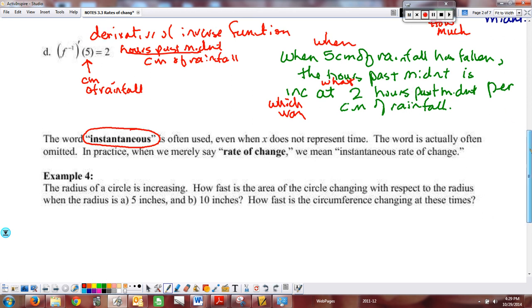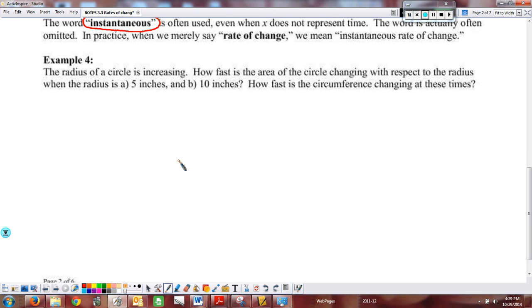All right, we're going to finish this section with one example just to show you a different word where it's not always with respect to time. So we have a circle, and the radius of the circle is increasing. We have a radius that over time is growing and getting bigger. Maybe I am pouring liquid out of a pitcher onto the ground, and it's forming a circle, and the more liquid I pour, the larger the circle becomes. Okay? And so maybe we're interested in how fast is the area of the circle changing with respect to the